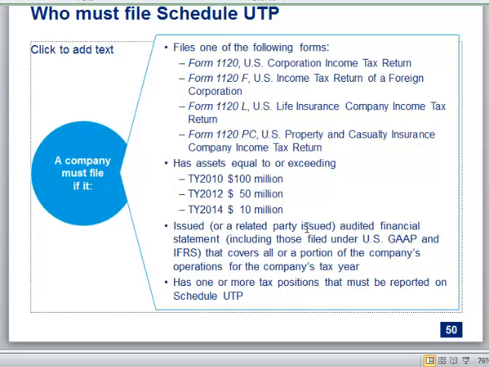As you can imagine, if you're a company and you're sitting there 5 years ago and you're trying to figure out whether or not to book a reserve, you might decide based on a certain sort of dynamic, but now throw into the mix, if you reserve, you have to show that on your tax return. That's a different dynamic, right? And so now you're thinking as a tax VP, I may not want to reserve anymore because if I reserve, I have to disclose it, and if I disclose it, that's going to increase my chances of getting audited, or if I'm already audited, I'm going to increase my odds of having an assessment on that position.